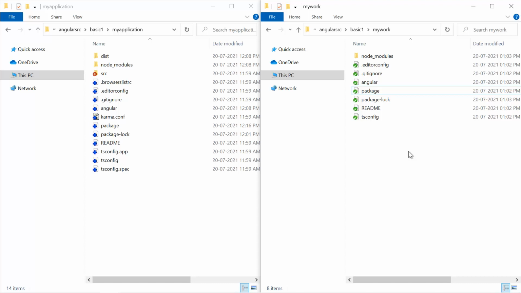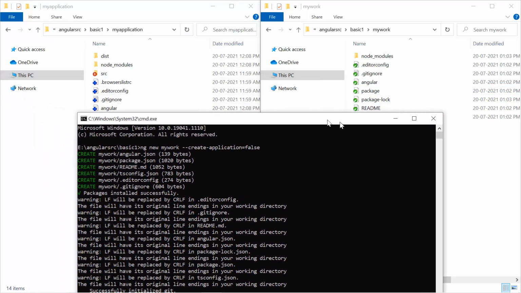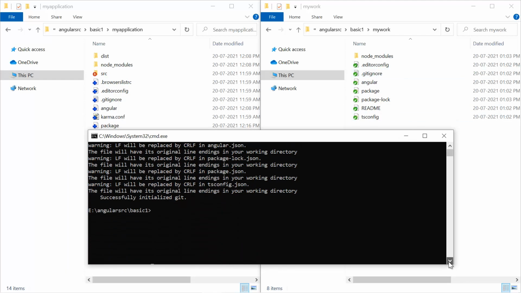Let's do that now. So again I'm using the same command prompt. Let's organize the size of these windows because we definitely have to check what is happening in the file explorer. Let's scroll down a little bit like this, and now I have to go inside the workspace directory. So cd, this is the directory for the workspace, my work.